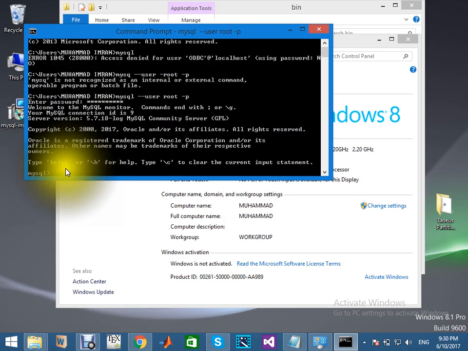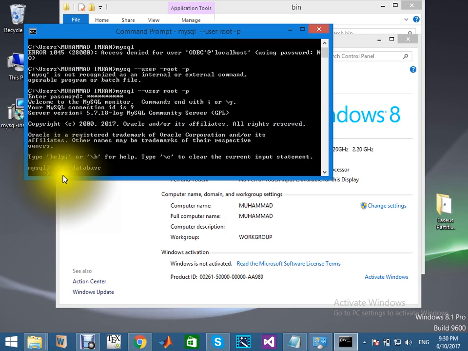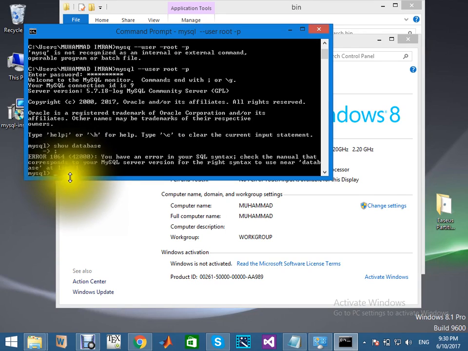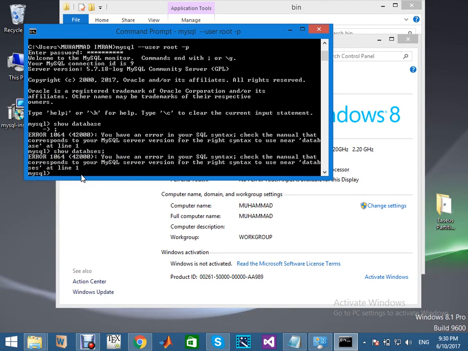Now you can use MySQL. So show databases;